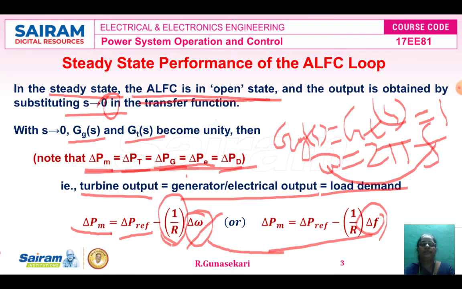Okay, so student, you keep it in your mind. Steady state means what? That is subscript 0. That is, the ALFC loop is open. That means instead of Laplace constant, small s equal to 0. Okay. Now